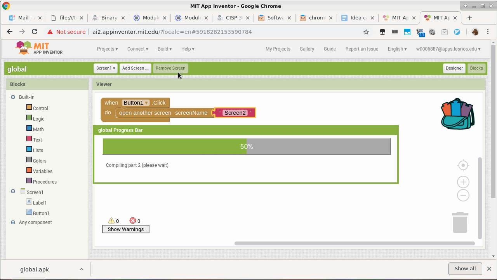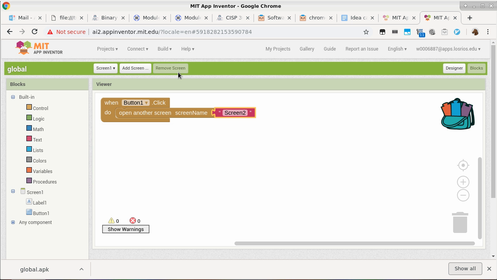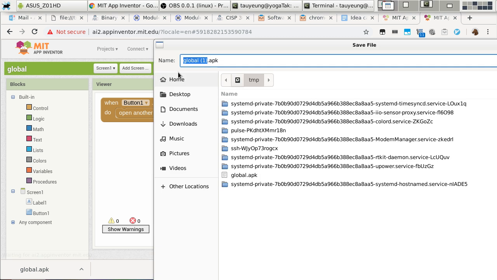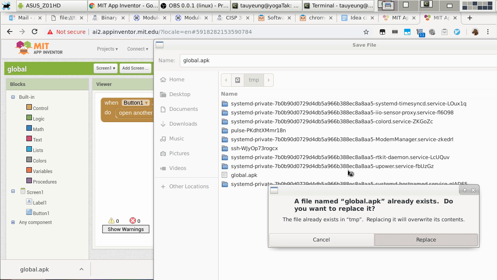Well, actually, I just lied. There is one thing that is shared between screens and even between projects. The backpack. No, I'm not kidding. JSON code, right? You're gonna need to put that on every screen, right? If you're gonna use it. Yep, that's the idea. All right, change global back to its own name, replace it.